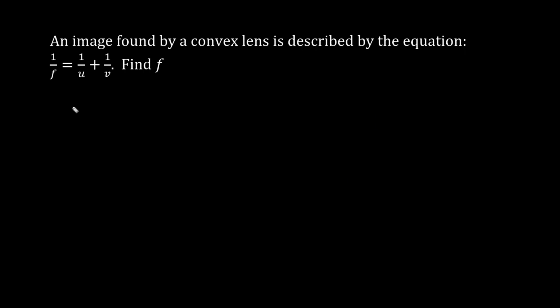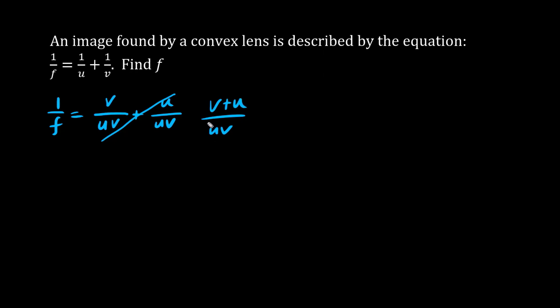Let's find f using algebra. We have this reciprocal of f, 1 over f, equals this value. Let's combine it to a single term by focusing on the LCM. The first term, 1 over u, if you multiply top and bottom by v, we get v over uv. And the second term, let's multiply top and bottom by u, so we get u over uv. These are now the same in terms of the denominator, so we'll combine this into a single term. We have v plus u over uv